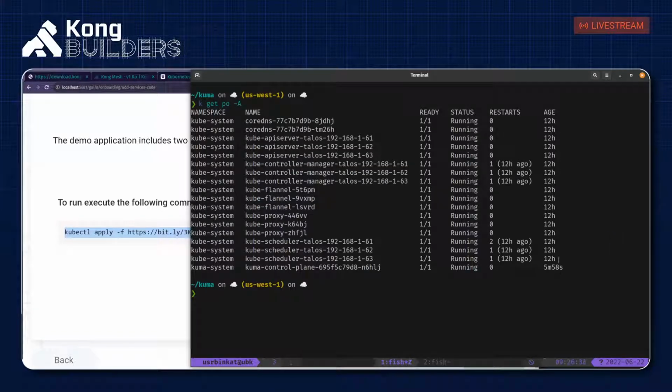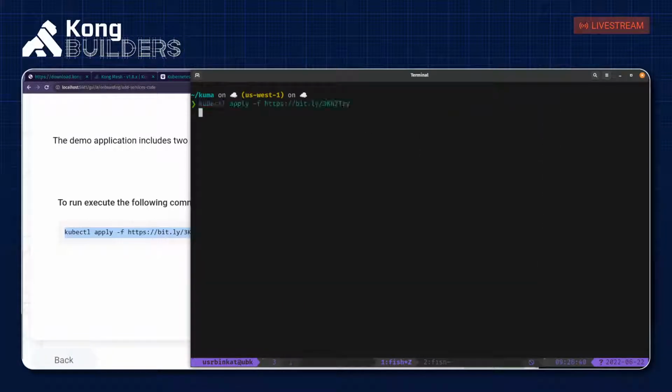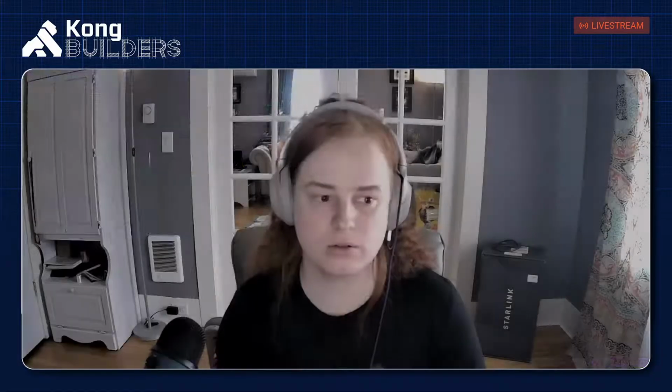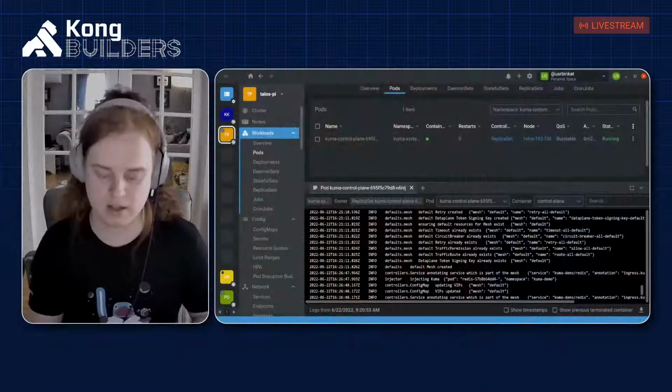See, it looks like Kuma system. Okay, we don't have anything new yet. That's because the pod would need an annotation for data planes to be scheduled. I wonder if the image is going to be scheduled multi-arch correctly. We shall see. All right, so let's jump over to Lens real quick and take a look